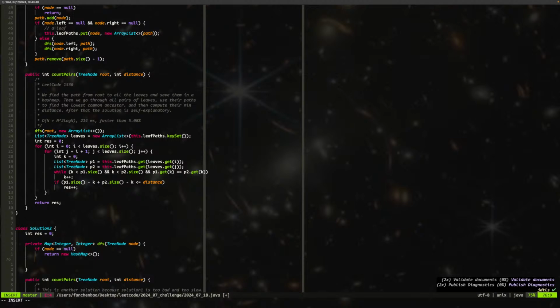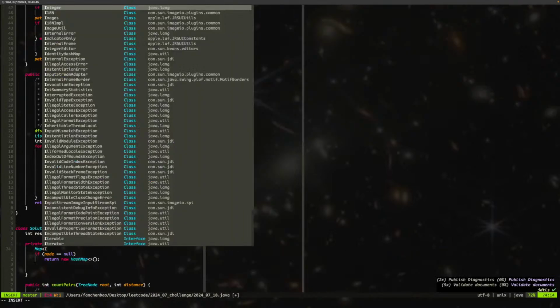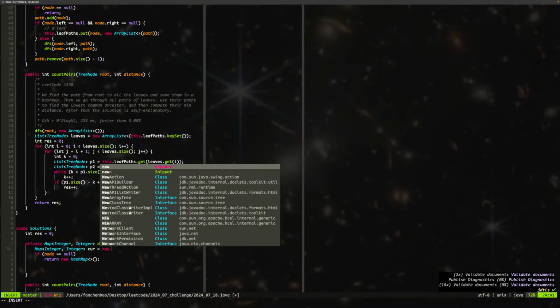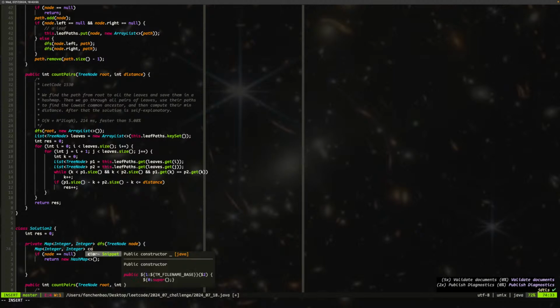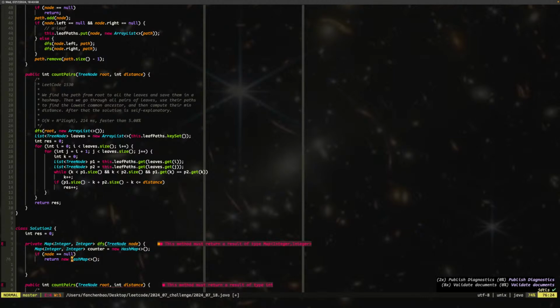Otherwise, I just say map integer, current counter equal to new hash map. Okay, and then we're gonna do this, say counter, right? Now, if node is not equal to null, we're gonna say, oh, we need a